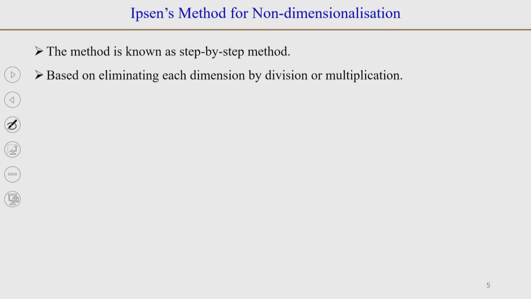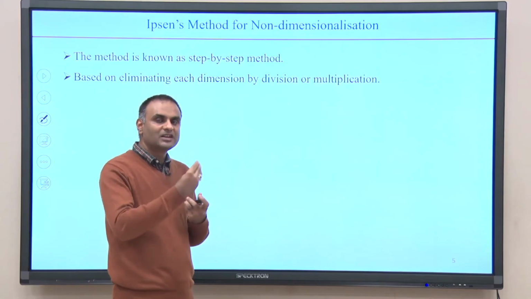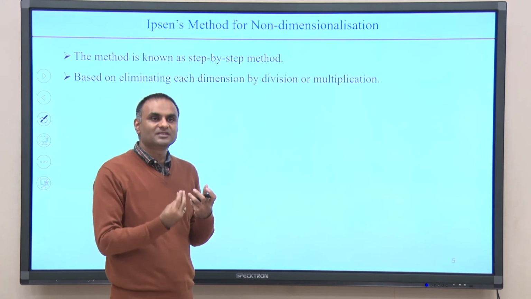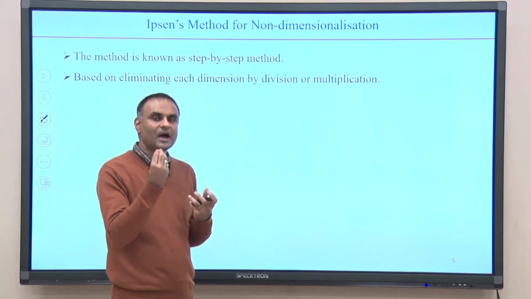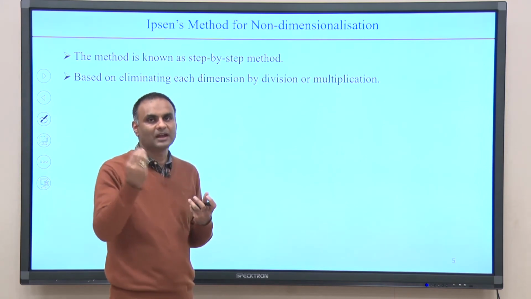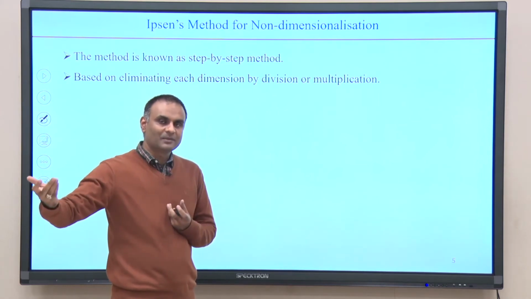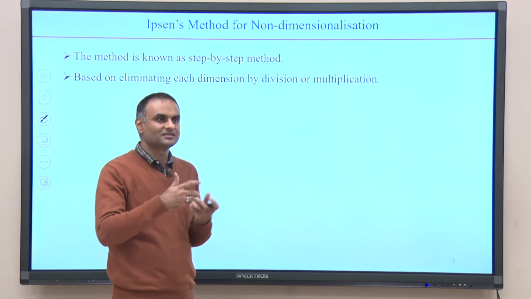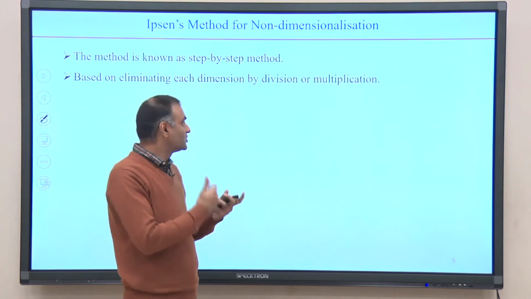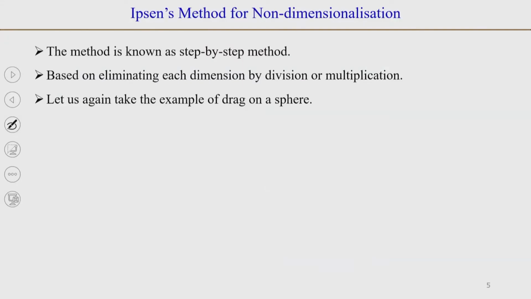By looking at the variables, you write down the dimensions, and then you divide one by one by the variables, so that the power for each dimension m, l and t, or other fundamental dimensions or primary dimensions, becomes 0. Okay. So, let us take the common example that we have been taking,